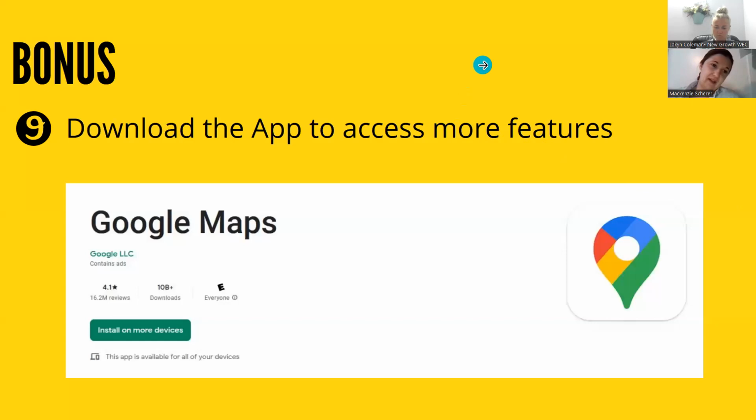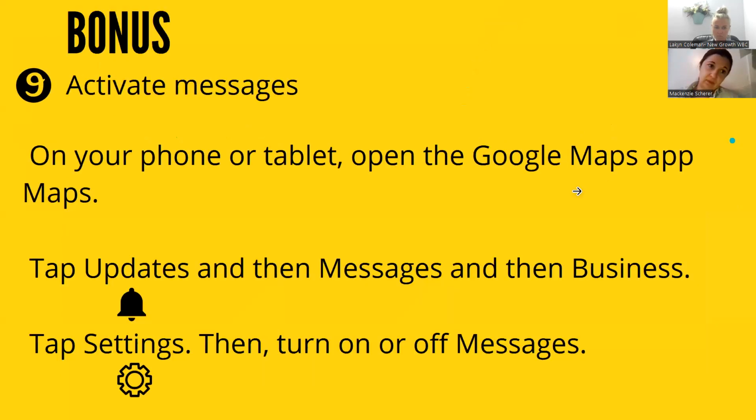Another thing is they've gotten rid of the Google My Business app, and they've now integrated it with Google Maps. If you download Google Maps, which if you've got an Android phone you probably already have, you can access a lot more features by having this app on your phone. A couple of these bonus features: